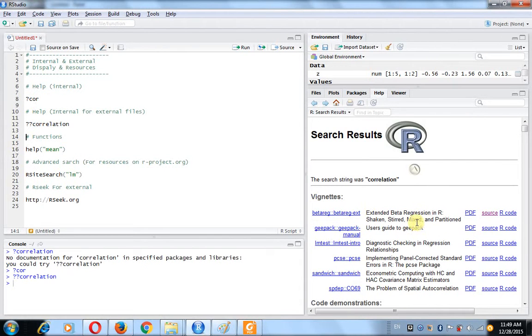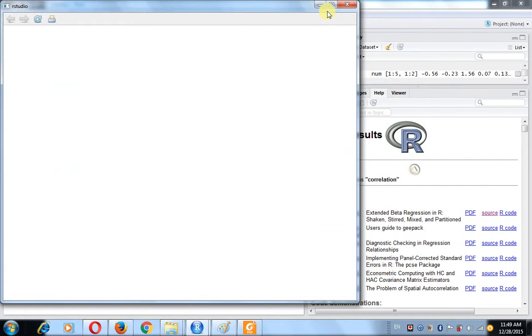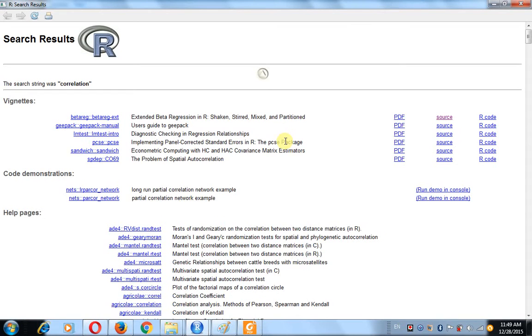Yes, see here, I like this command double question mark because it has a lot of information, an abundance of information related to your search string. I like this because there are PDF resources, and there is source code, and there is also R code. So for example, let's go through the first link, that is betareg ext, extended beta regression in R,